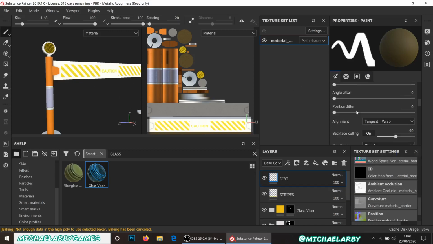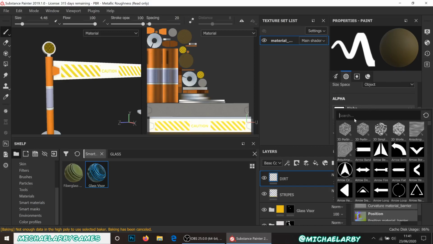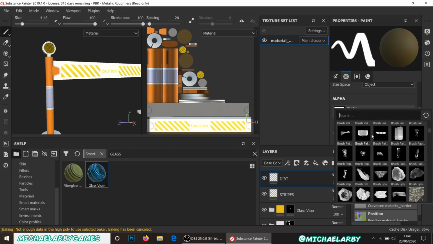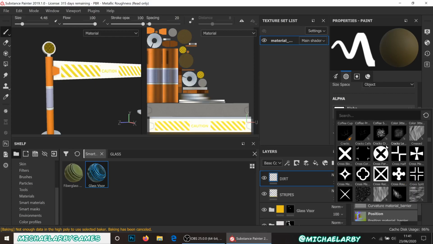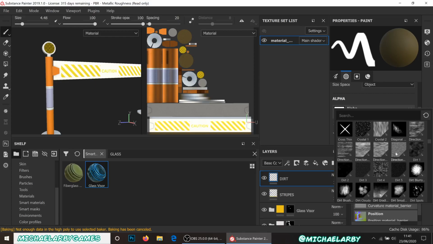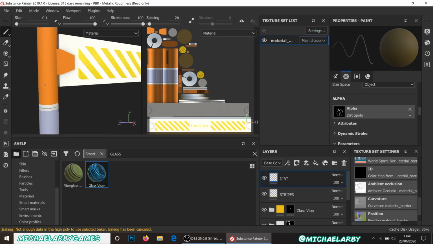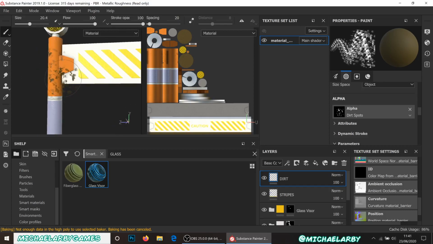And then we're going to go to our alphas, and you're just going to get creative with your alphas. If we remove that selection there, if we scroll through, we've got all kinds of stuff. We've got brush strokes, and there should be some dirt smears here, cracks. Where are we? Dirt, there we go. Dirt, smudges, dirt, cloudy, dirt spots. I'll use this dirt spots one, and if we look in, and I hold control and make this a bit bigger, if we just start painting that on, you can see we can add some dirt to our